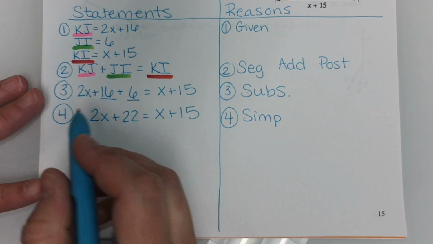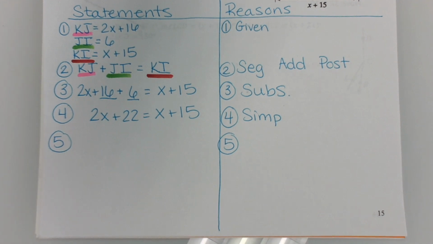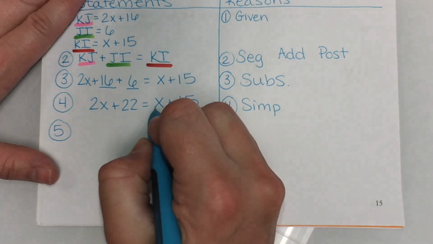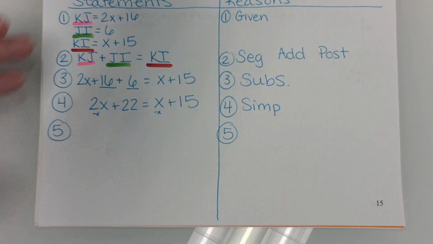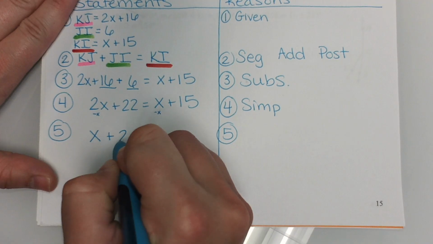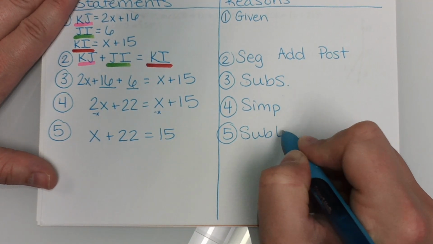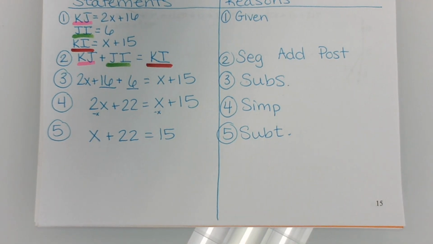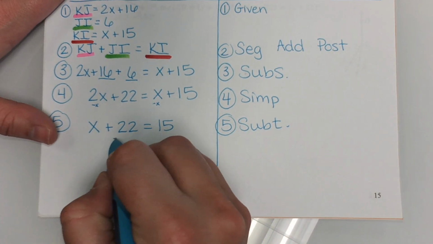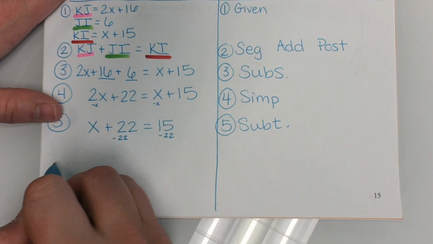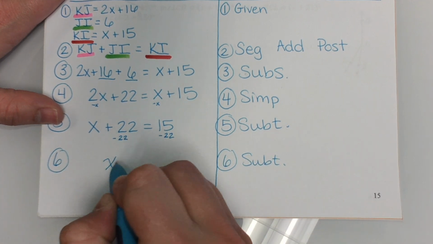My next step. Earlier I heard subtract the x. Can I do that now? Yes. Now, remember the minus x. You can do it, but it's not the step. The step is the results of the minusing x. I get x plus 22 equals 15. We just subtracted, SUBT. To finish it off, I subtract the 22. That's step 6. I'm subtracting again. And I get x is equal to